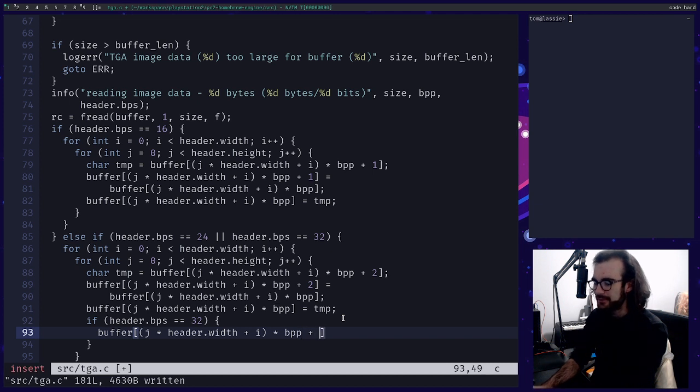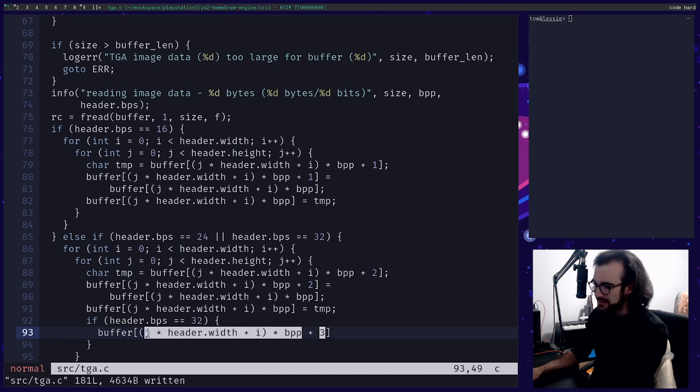And we're going to add on, so in 32 bits per pixel, it's blue, green, red, alpha. We're going to add on 3. The 0th is the red channel. +1 gives us the green channel, +2 gives us the blue channel. That's why we do this swap here. And +3 will give us the alpha channel.